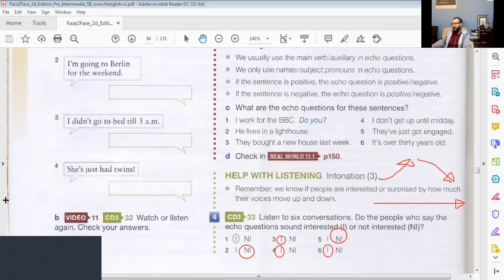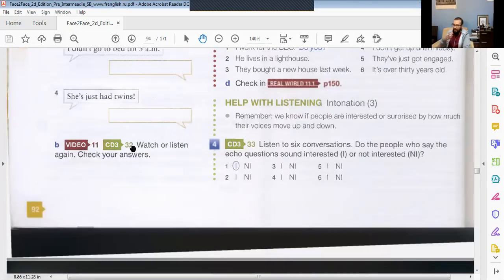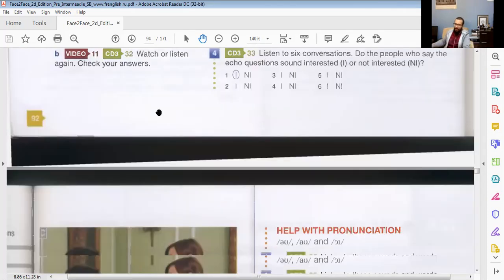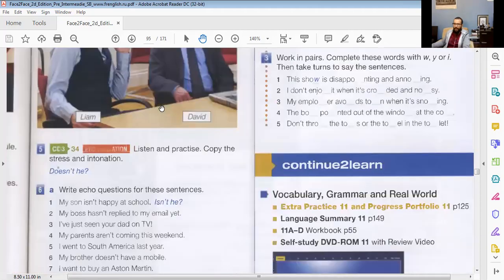So it's actually easy to find out if a person is interested or not interested. And I don't know if you pay attention to how actors speak. There's a lot of it, because they've been trained. So intonation is very, very important. If you focus on scenes, in a comedy or drama, the intonation is usually part of the acting. So it's very important. All right, so let's move on.